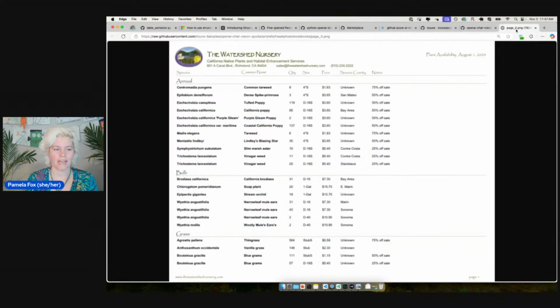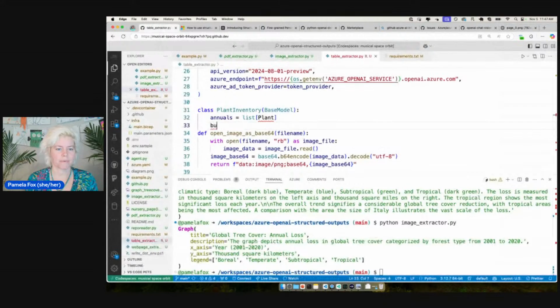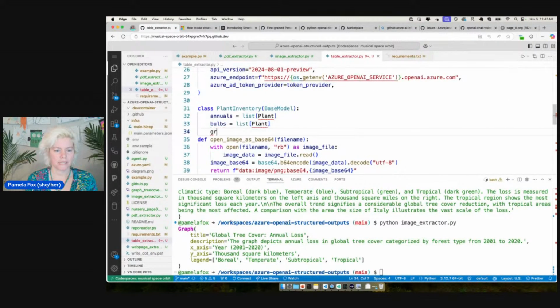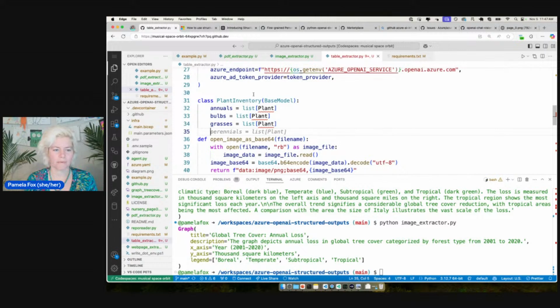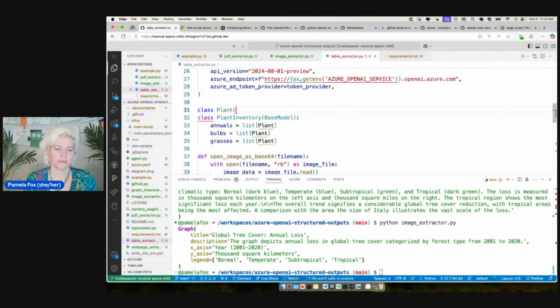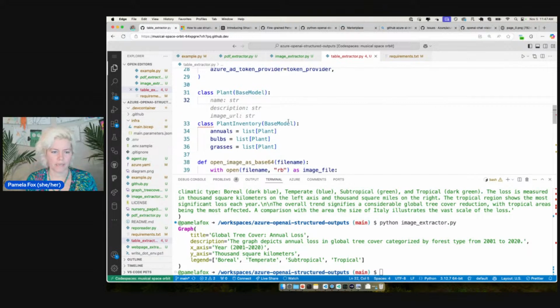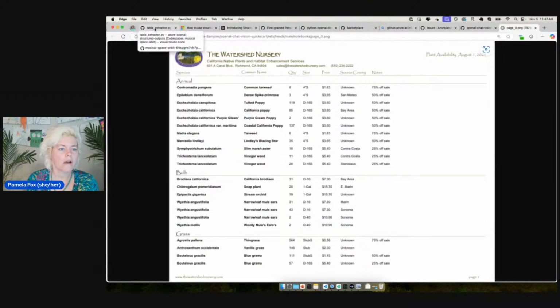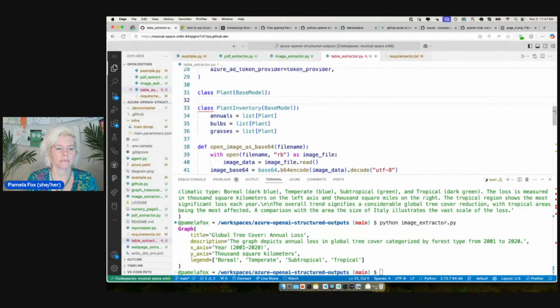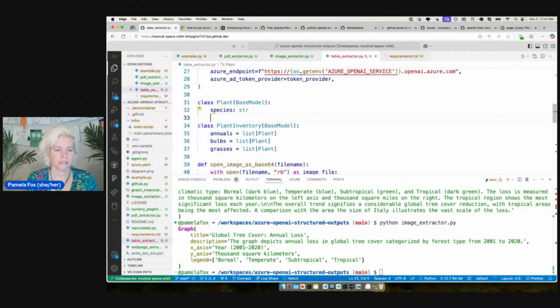And let's see, annuals, bulbs, and grasses. Bulbs is a list, and grasses is a list of plant. And then for plant, we're going to do another base model. So we have a nested model, right? And so the columns are species, common name,